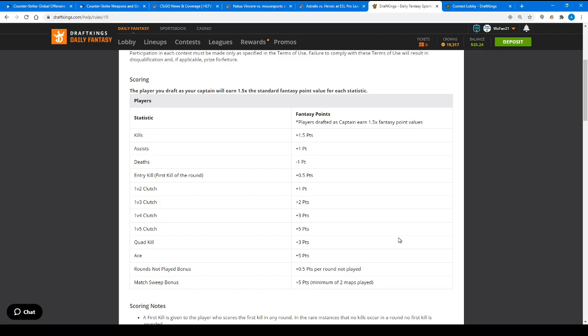No one else on that team gets any kills that round. They can get assists, but they get no kills. That one player eliminated all 5 members of that team in that round. So they get kills 1.5 times 5 plus the ace. It's very, very cool. So you can kind of see how a lot of these bonuses can really help out